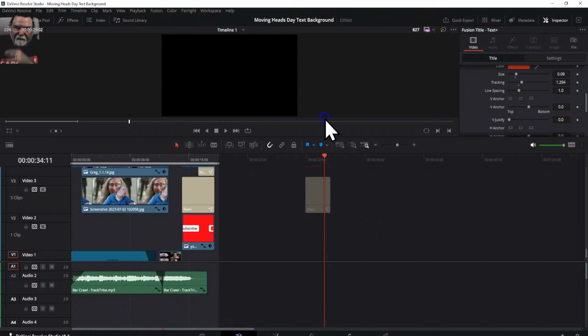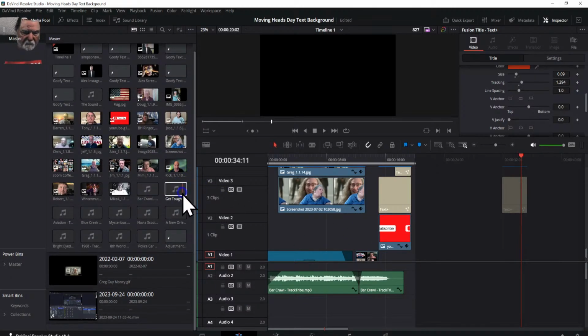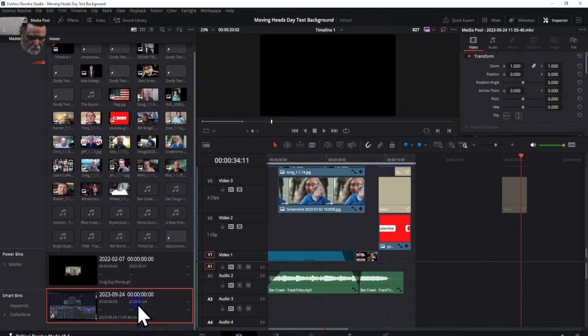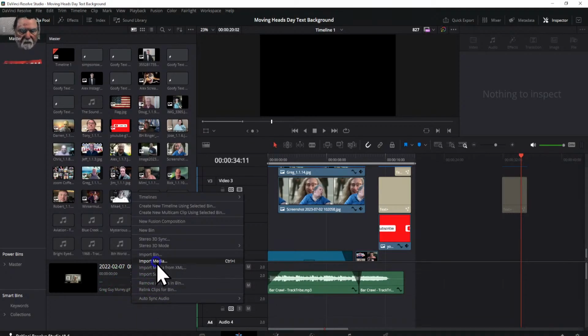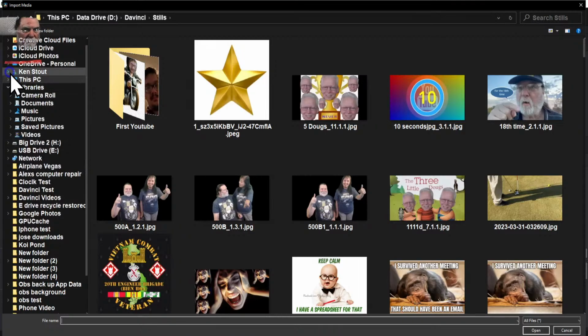So now what I've got to do is go grab the media, which is the correct media. And all this is involved in this project. At some point in time, every bit of this has been used and or is currently being used. So we're going to go down here and get rid of some things here. That shouldn't be in there. Oh yeah, I drug it in there. I don't need that. And get rid of that. Right click, import media. Go to my D drive. In here somewhere.